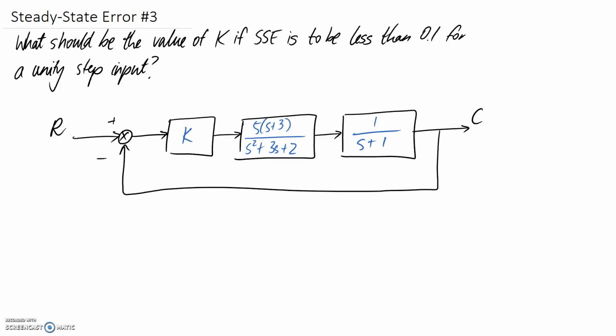So for this question, we're asked what should be the value of k for our gain controller that's in the front here, if the steady state error is to be less than 0.1 for a unity step input. Now it doesn't explicitly state it, but I'm also going to put in here